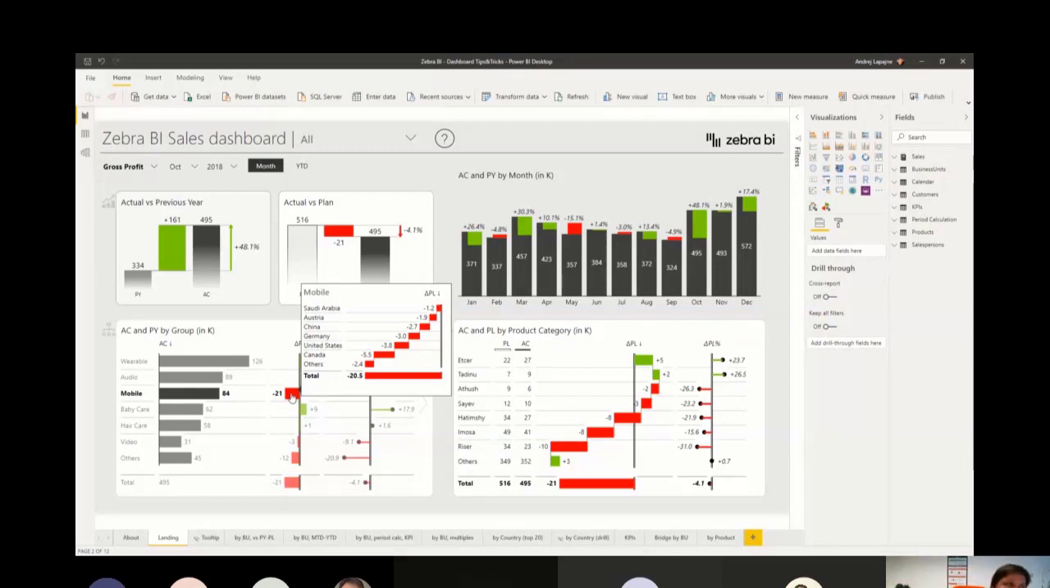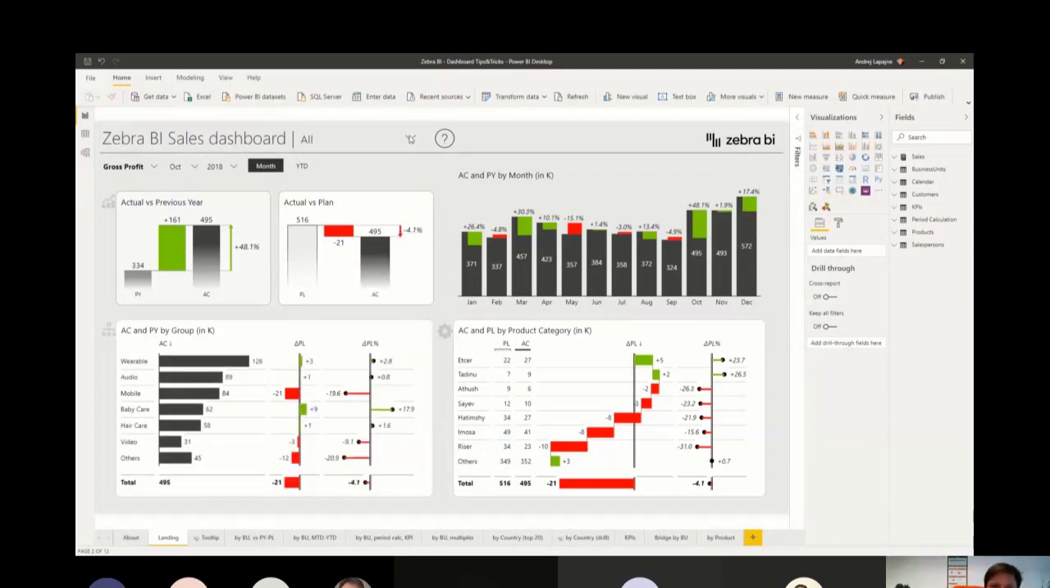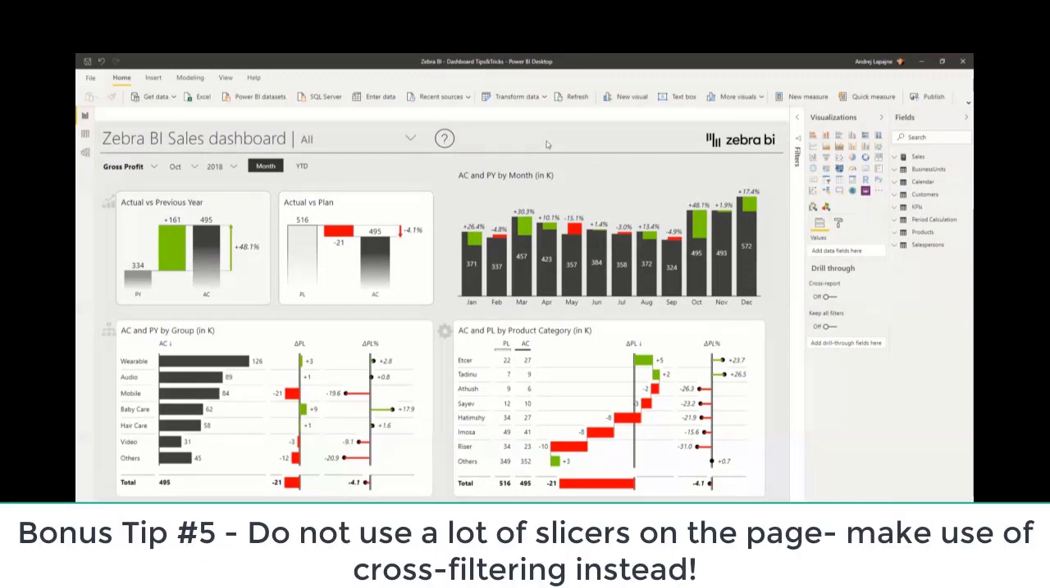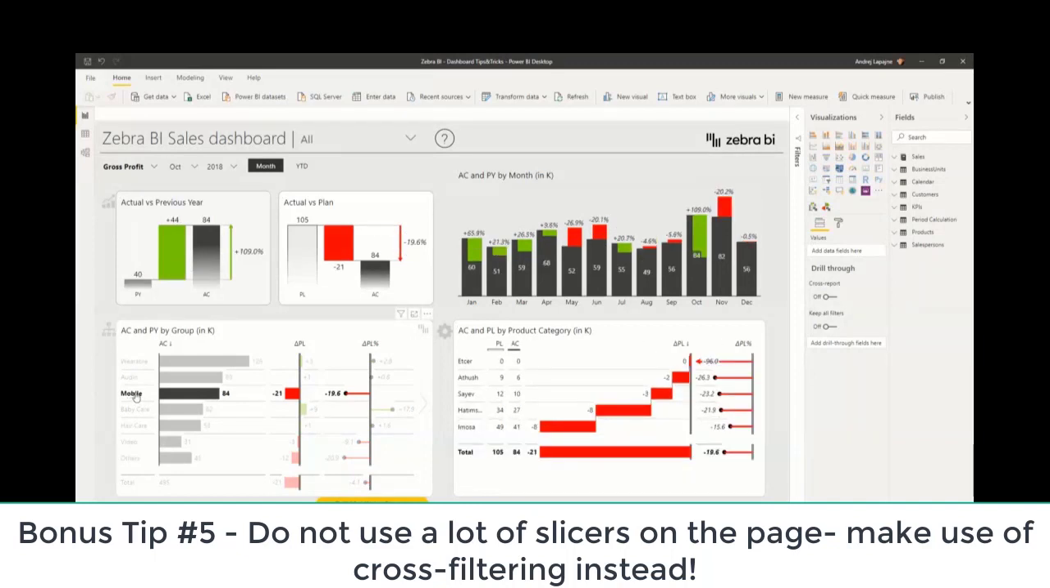And a good way means do not use a lot of slicers around the visual, right? So if you see here around the page, on my dashboard page, I don't have a lot of slicers. Because the best slicer in Power BI is a visual, right? You can click on a mobile, and then you'll understand, all right, what's the situation,